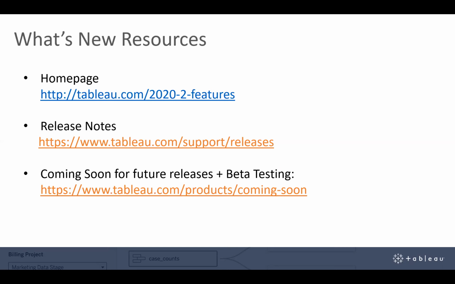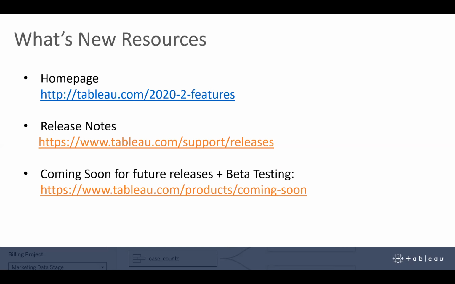But I always highly encourage taking a look at the pre-release, so that way you can get comfortable with it before it actually comes out and before your organization actually installs it as well. That gives you some lead time, especially if you're the administrator for your environment, to take a look at it. Also, some of you may not have the ability to install the server version of the beta release, and that's okay.